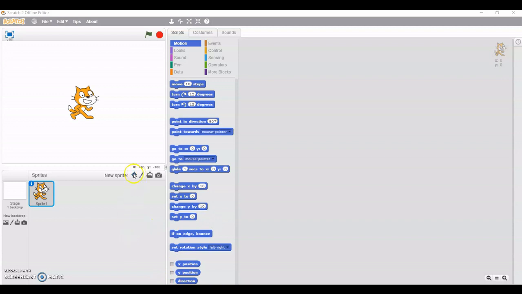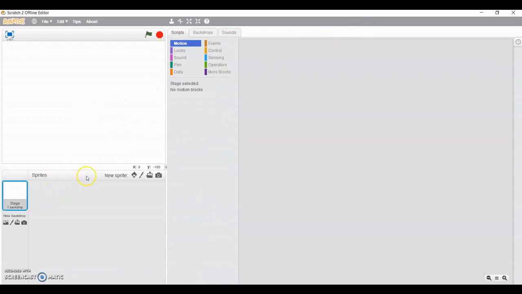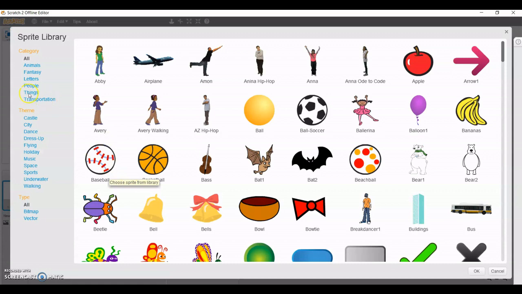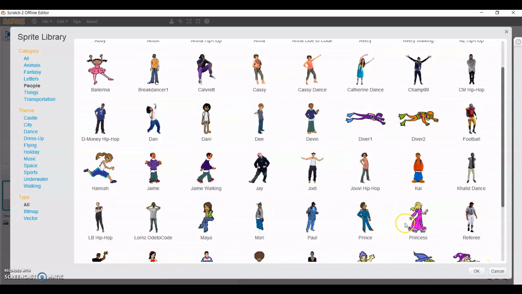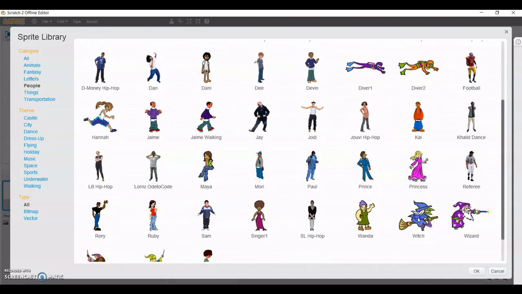I'm going to take another object. First I'm going to delete it. Now I'm going to take another sprite. In the category, I'm choosing people. I'm choosing this object.